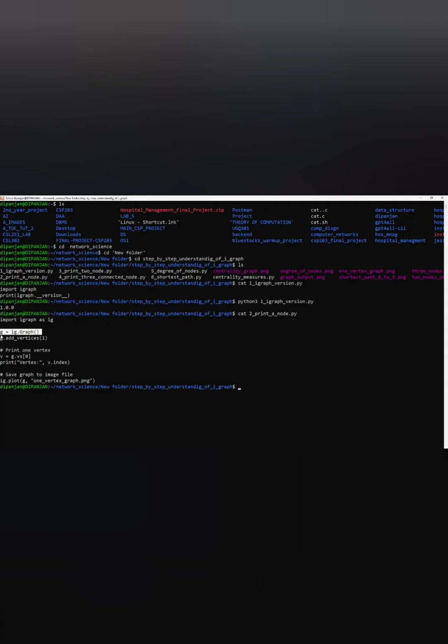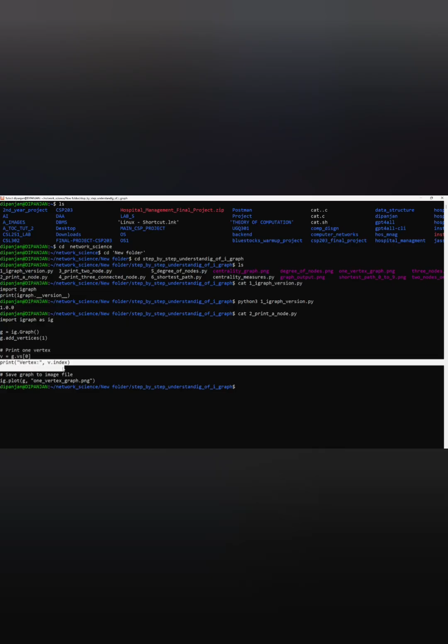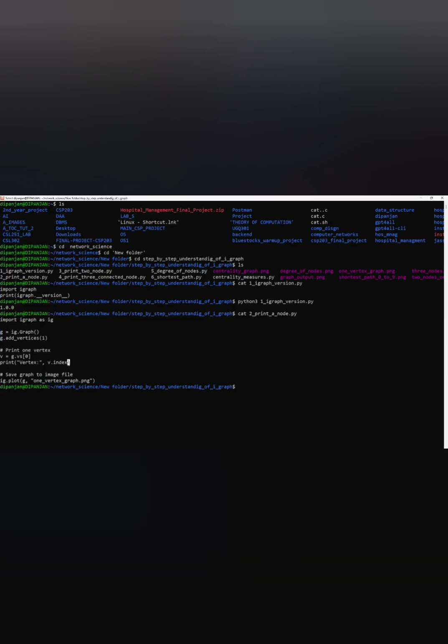We add a vertex, G.add_vertex(1), and we print the vertex index and vertex name. So if we run this,